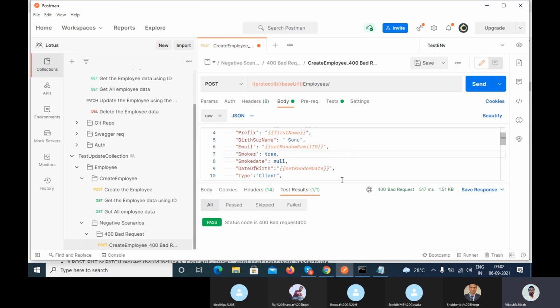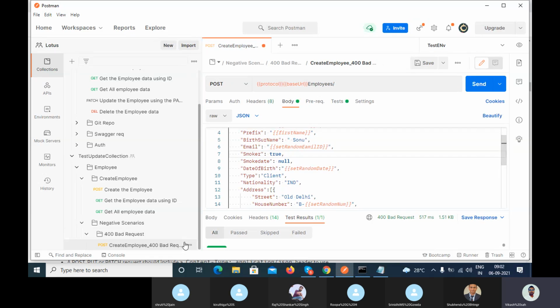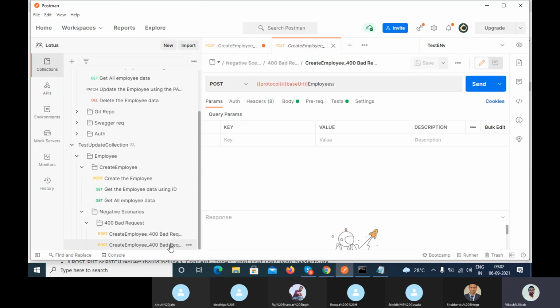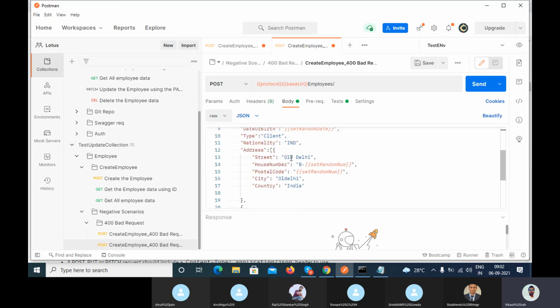The scenarios which are related to the bad request, you can add inside the 400 bad request folder. Let's suppose I duplicate this, and here I am using this because there is not any validation, so it will get passed. What I can do,